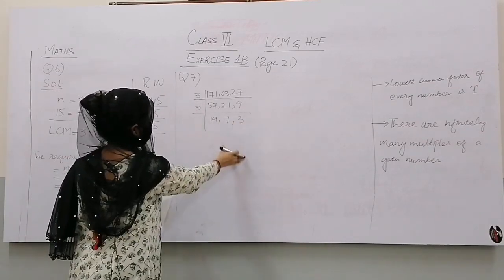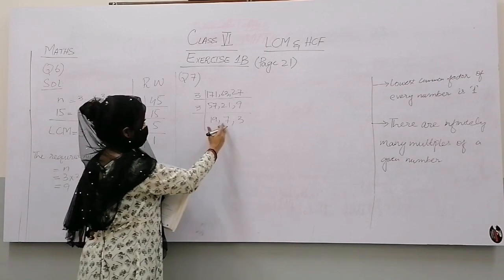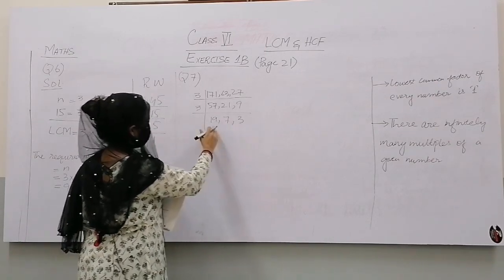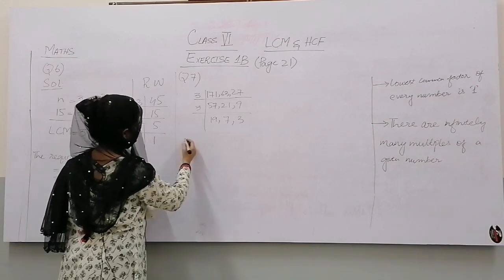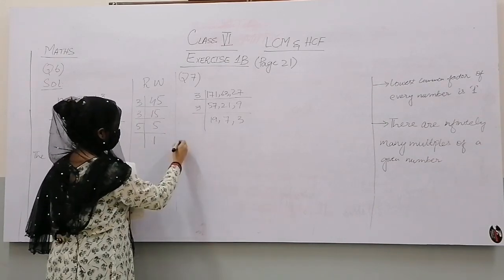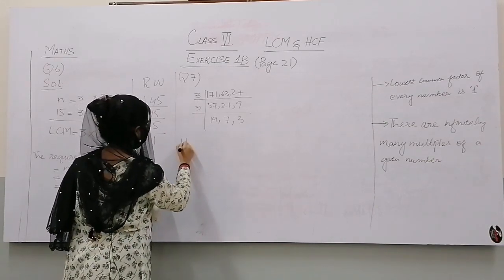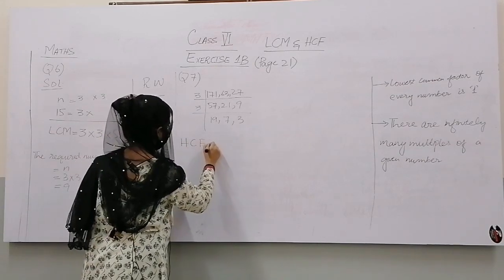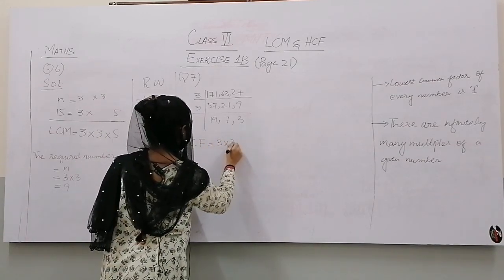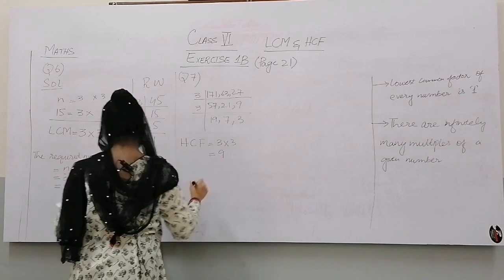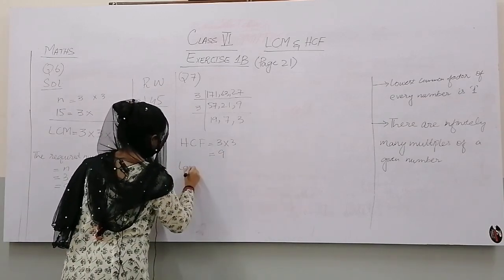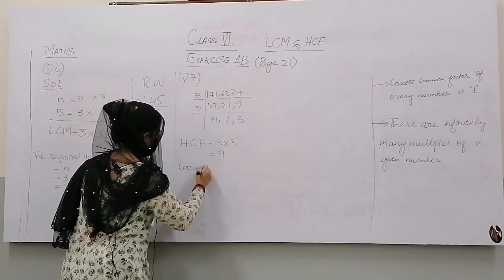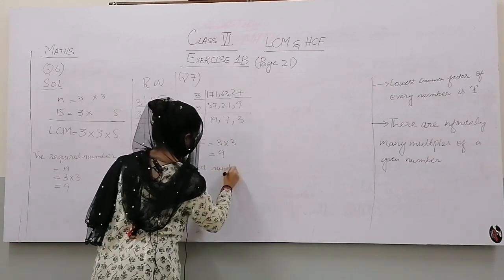Now we cannot divide these numbers further as these 3 numbers do not have any common factor. It means largest number